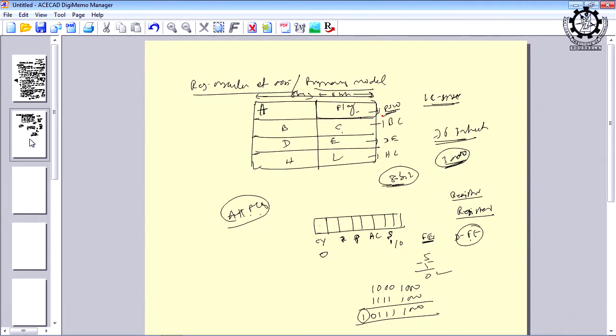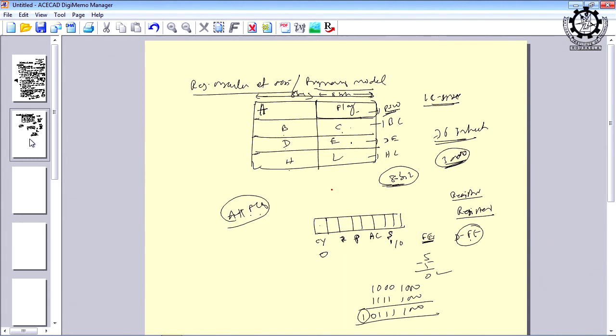Is it okay? So, then as I told you, B is an 8-bit register, C is an 8-bit register, D is an 8-bit register, E is an 8-bit register, and H is an 8-bit register, and L is an 8-bit register, and BC can be paired to make it 16-bit, because sometimes you may be interested in 16-bit operation and you can use the register pair.